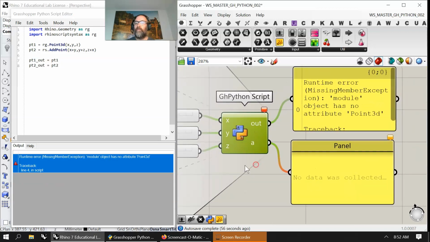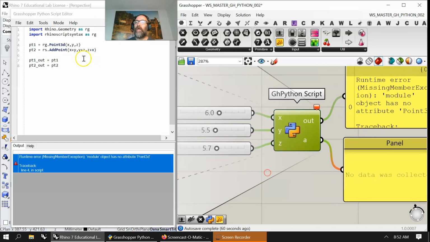It says there's a problem in line 4, it says it has no attribute add point to Rhino script. And I did wonder why it didn't come up when I did it, and there's the error. Import Rhino script syntax as RG. It should have been brought in as RS. And I should have noticed that while I was typing it, and I'll show you what was happening as I was typing,